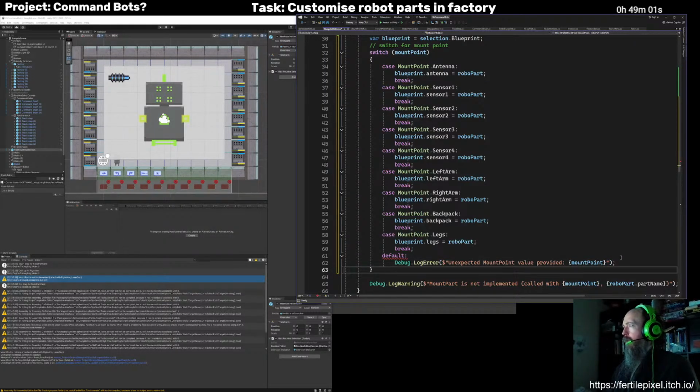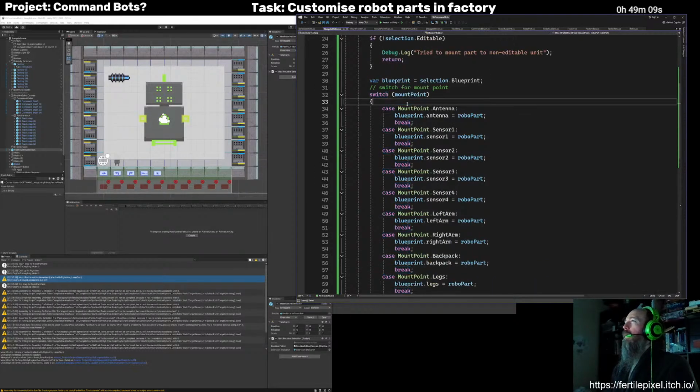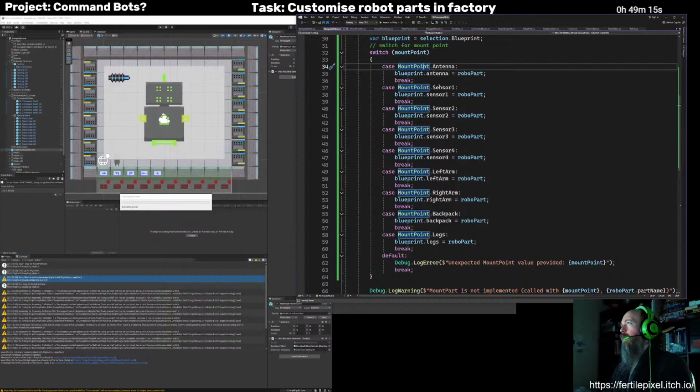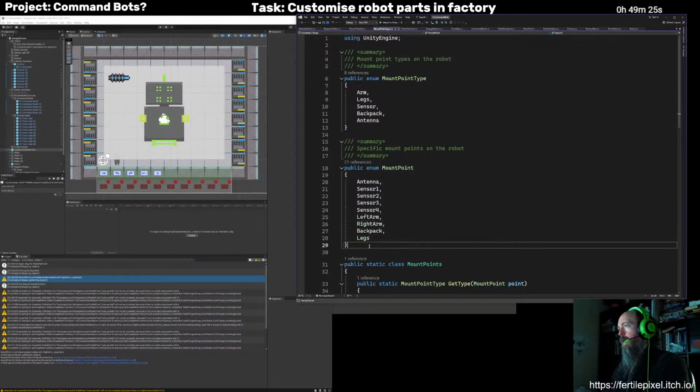Okay, and I think it's going to complain if we don't break out of the default case. Pretty sure that's all our mount points. 1, 2, 3, 4, 5, 6, 7, 8, 9 of them. 9. Good.